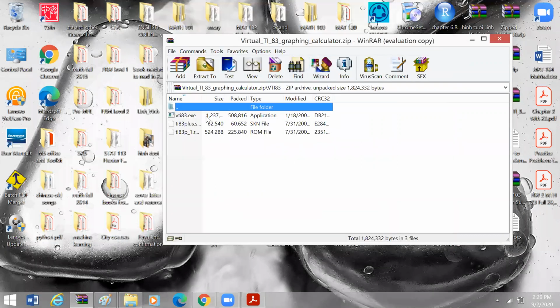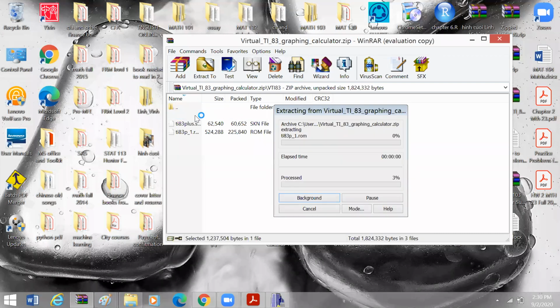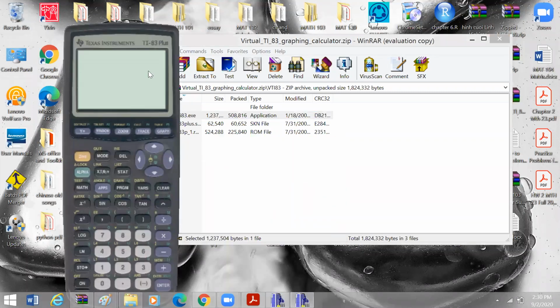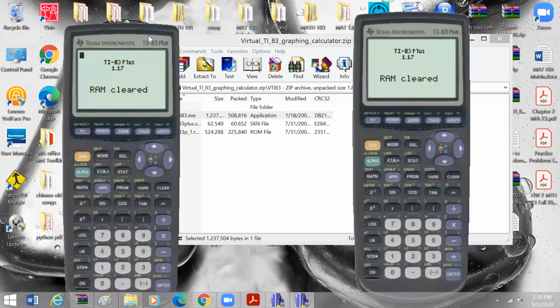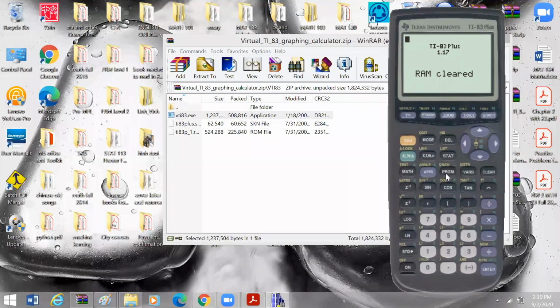Okay, so I want to start the calculator real quick. This is the calculator that I usually ask you to use. It's very easy to use. I opened a lot of calculators. Maybe I need one of them, I don't need two. So I close one, and this is the calculator that I will be using for this class.